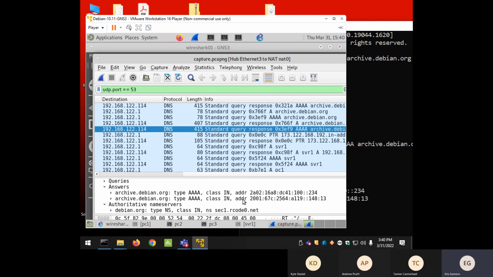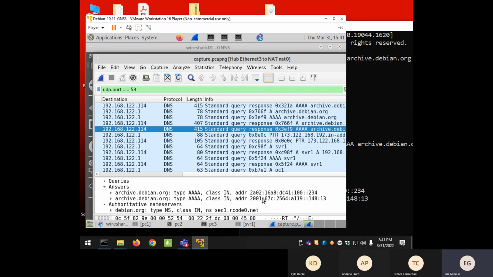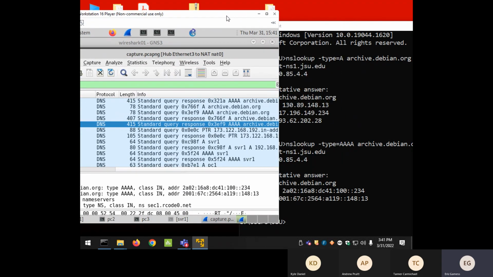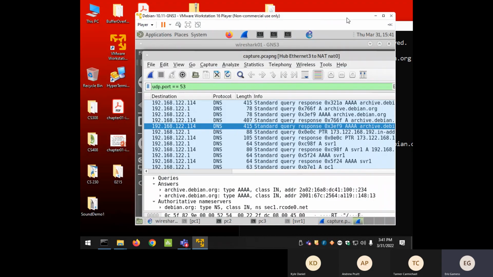The answer is there, and look inside. There are two addresses. If you look here, number of answers 2, and the answers are here. This is traffic that you capture. When you get familiar with it, you will be able to do all this without problem. The first one here is the first answer the Windows machine captured, and the second one is the second one here. So you see,